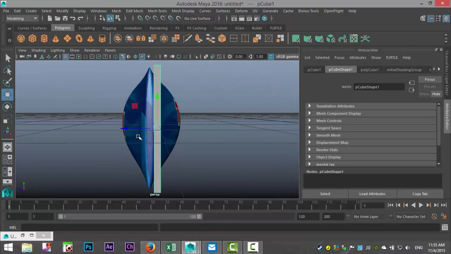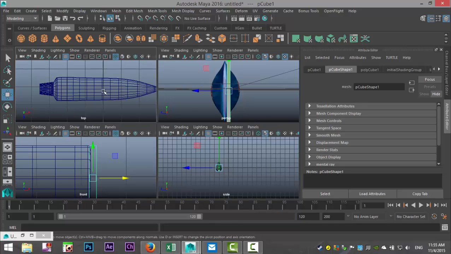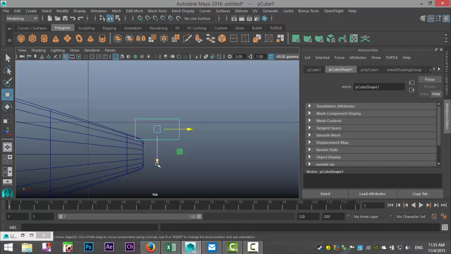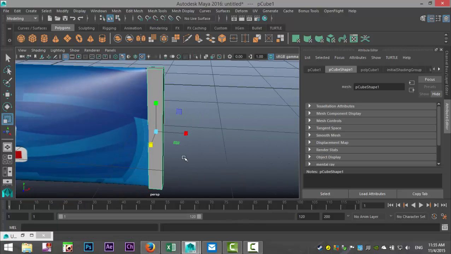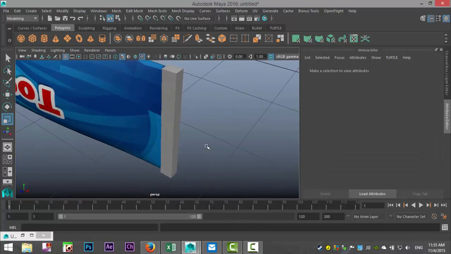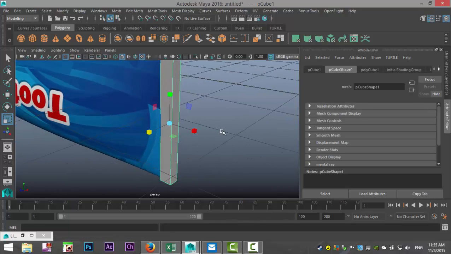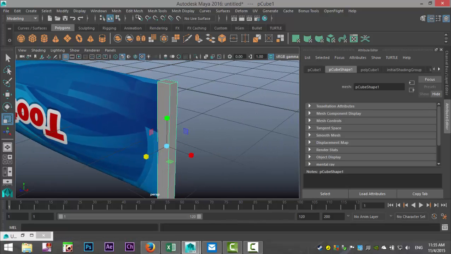Have to zoom in. From our top view, we're gonna bring that in here. And we're gonna hit R and we're gonna scale that up like so. All right. And then we're gonna select it and we are going to go to